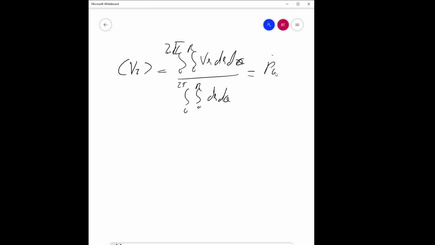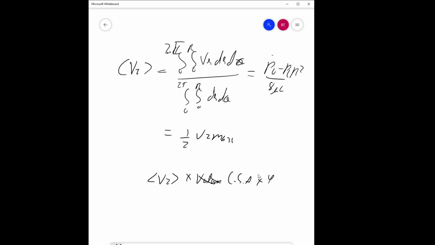And this would give us (P0 minus PL) by 8 nu L R square, which is actually half Vz max. Now to get the mass flow of this, you can just multiply average Vz into cross-sectional area into density. You already know the volumetric flow, and you know the density. So when you multiply all of these together, you will get